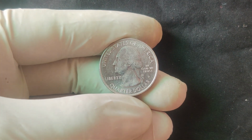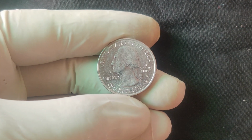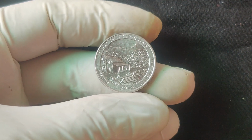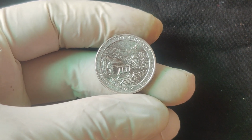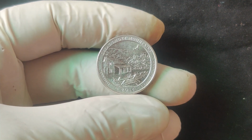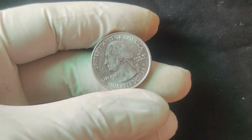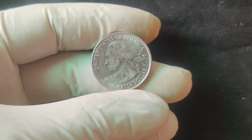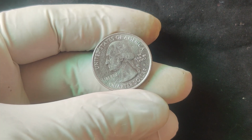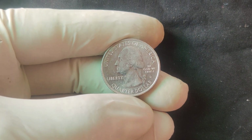Today, prices for these coins fluctuate, but you can expect to see them sold for anywhere between $500,000 and $1.30 million, depending on the condition and the prominence of the error. Coins graded by professional services, like PCGS or NGC, typically fetch higher prices, especially if they are in mint or near mint condition. So, you've checked your coin, maybe you've even had it professionally graded, and you've confirmed that you're